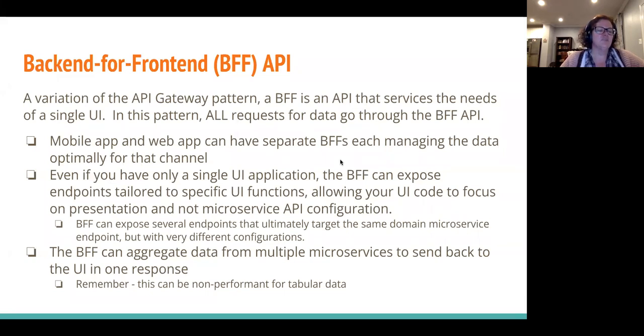We kind of touched on this before. The BFF can act as an aggregator of data for multiple microservices, but you should be careful about doing that with tabular data. That tends to work a lot better if you're looking at a single record, so to speak. Like you've got a person and you want to get different kinds of data about that one person. Then those calls to those other APIs are more like an individual get by ID kind of query. And those are a lot faster than trying to meld tabular data from multiple sources.